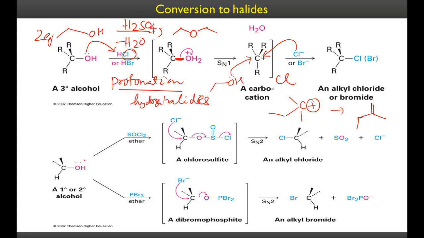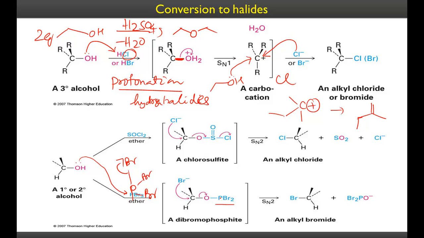Here, instead of a proton, the phosphorus is acting as an electrophile, and the hydroxy group is acting as a nucleophile. The lone pair of oxygen is given to the phosphorus, and one of the bromides gets kicked out. Let's draw the structure of PBr3 so you understand. This is acting as an electrophile, so the electrons are given to this, as a result making four bonds. One of the bromides leaves, so you make a PBr2 complex. There's one bromide left, and I think one more alcohol will come and attack this. So three molecules of alcohol